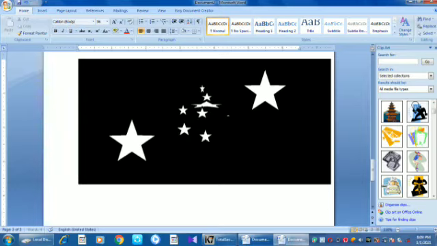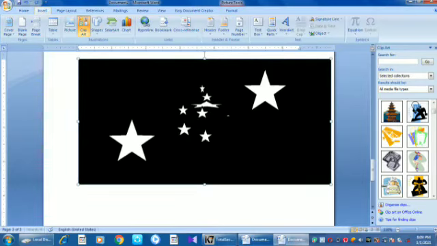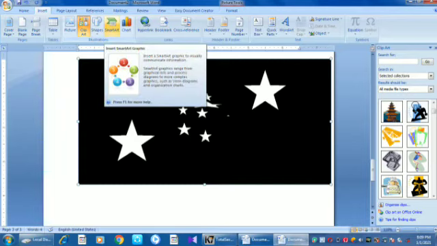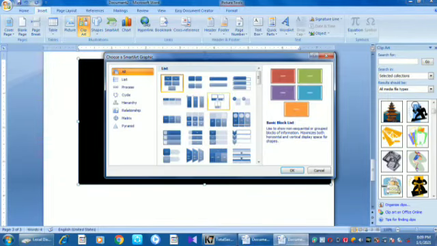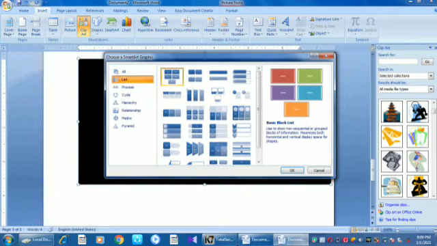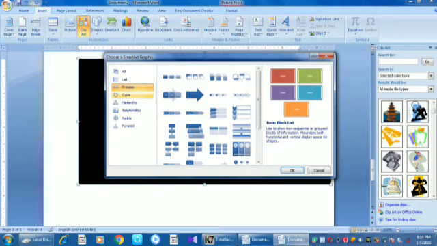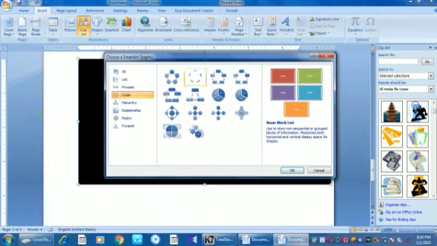Then next we see about how to insert the smart art. Click the insert tab. Here smart art. This is the smart art. What do you mean by smart art? It is nothing but collection of graphics. Click, the number of graphics available here. Suppose we want this type of list means we can choose. Suppose we want another means we can select the options here. Designs will appear like this.